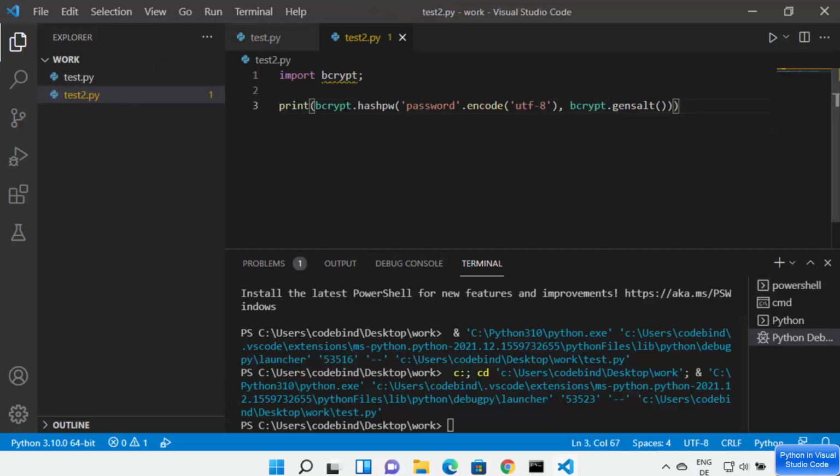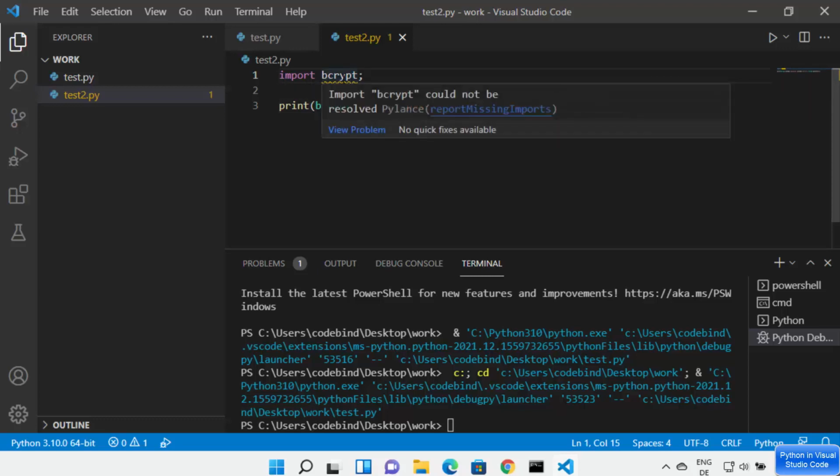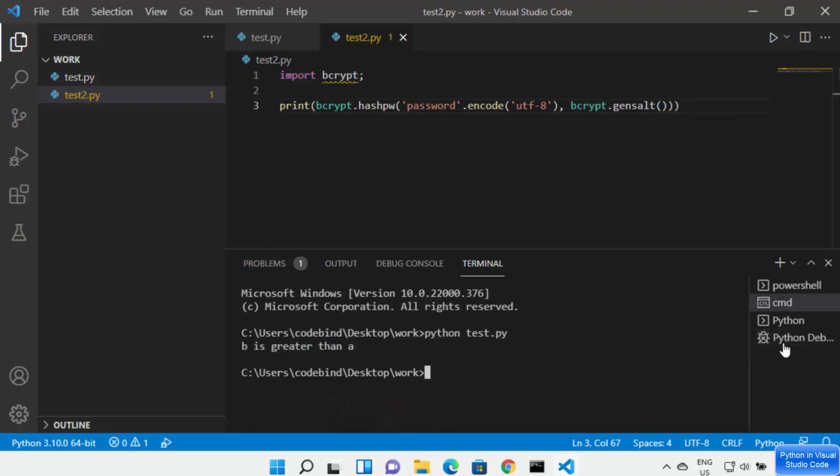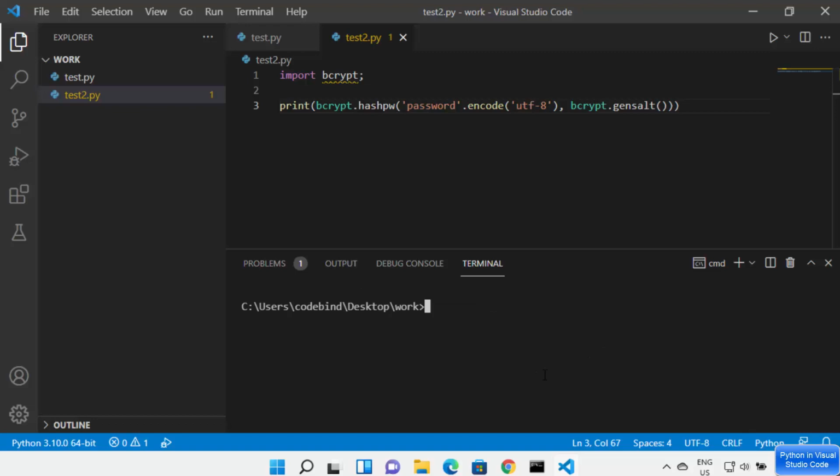And here in my test2.py, I have this very simple Python script which uses a package called bcrypt, right? Right now, you can see this yellow squiggly line here, which says import bcrypt could not be resolved because we haven't installed this package using pip on our project. So let me just close all these terminals. I just want to use one terminal, which is the command prompt, and let me clear this command prompt here,